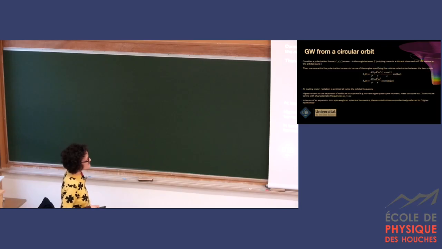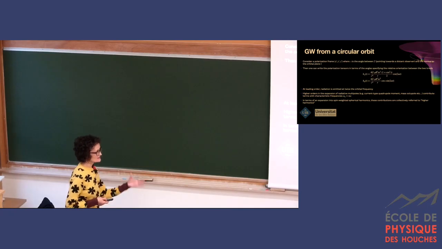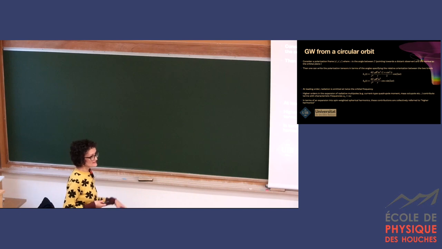So what do I get if I do all of this? Okay, so we said earlier that we have to project our metric perturbation and we have to specify a wave frame. So we have to establish the direction that is linking the source and the observer. So if I do that, then the polarizations are going to take on a dependence that encodes information about the